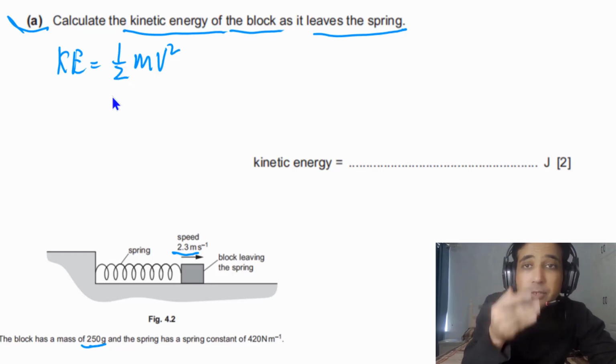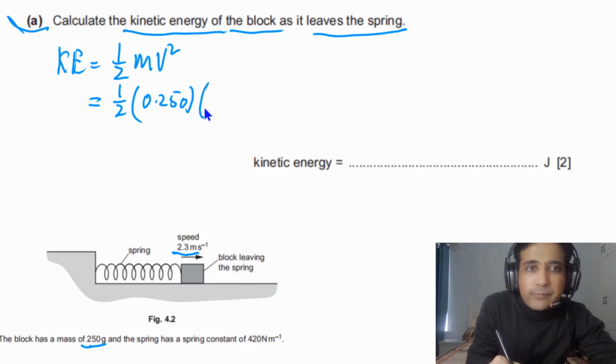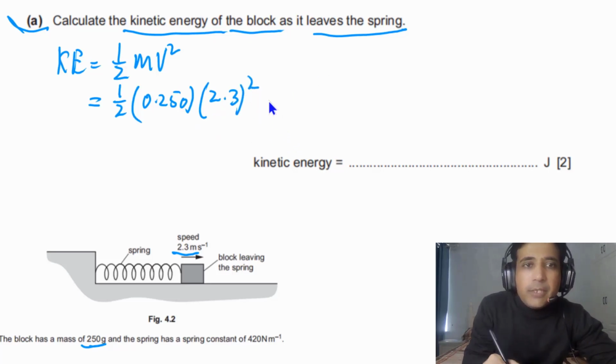And then you can write down your final answer. Kinetic energy we need to calculate in this case. So simply this is 1/2, and the mass is given in grams, so we can convert into kilograms. So this is 0.250, and speed is given in SI base unit, so simply you can write down this value of speed. And now if you do calculations, in this case our final answer will be